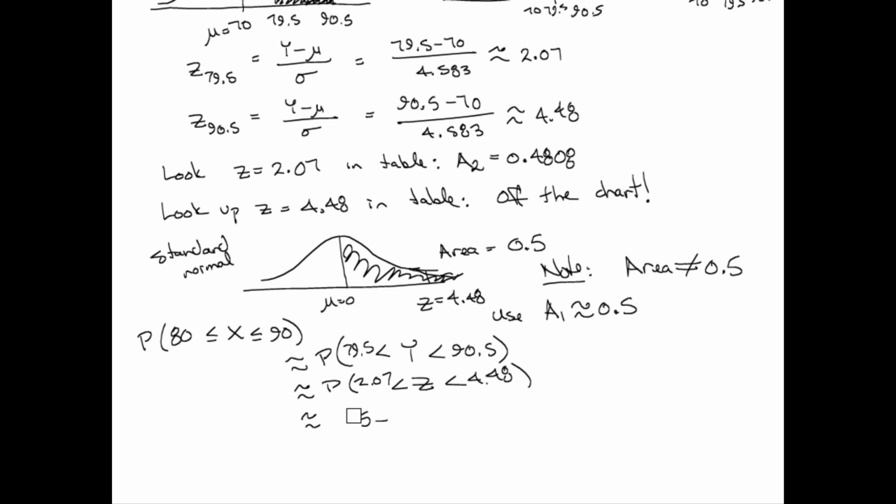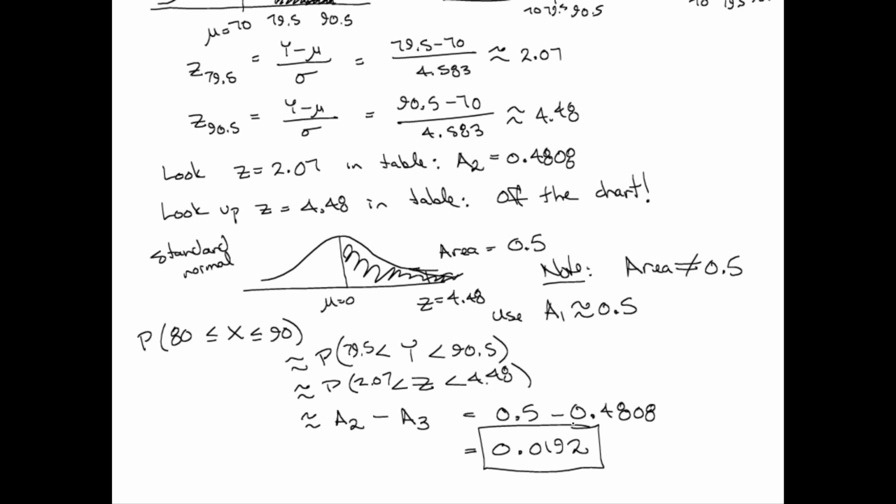let me just go ahead and write these down with what I called them. I called these A2 minus A3. So 0.5 minus 0.4808, which is equal to 0.0192. This problem is a good reminder of what we've learned earlier, which is that nearly all of the area,